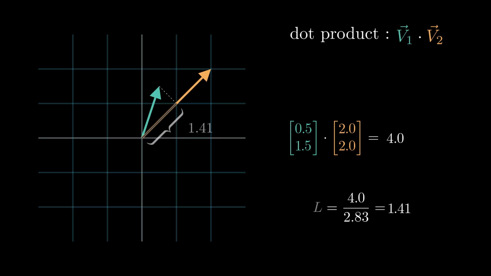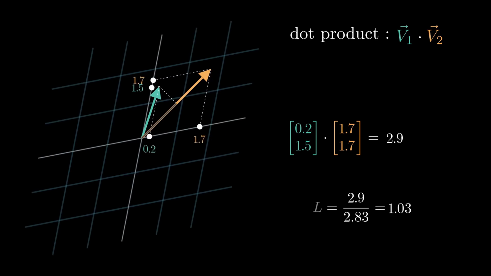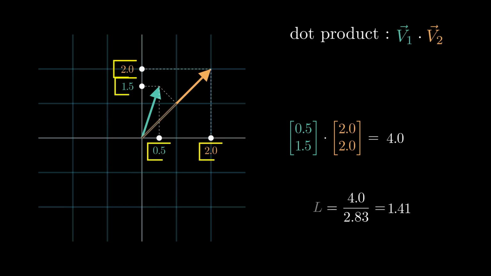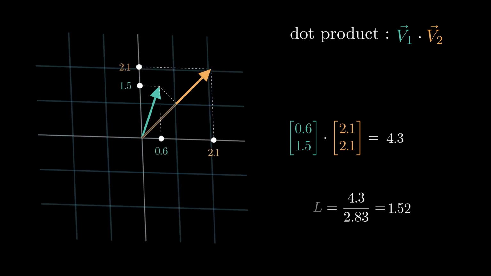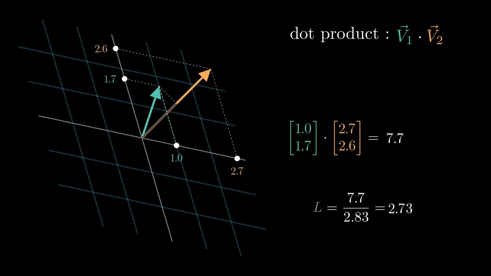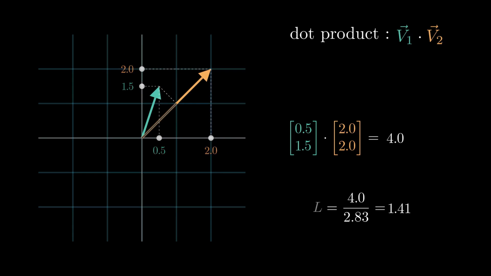Easy, but that's not the entire story. Because notice that since a reference frame is a completely free choice, we can just change it. And by doing so, notice how these numbers change. And most importantly, notice how the result of this operation also changes. However, this length never changed because the vectors are the same with respect to each other. Therefore, if we want this number to represent this projection, no matter what the reference frame is, we have to